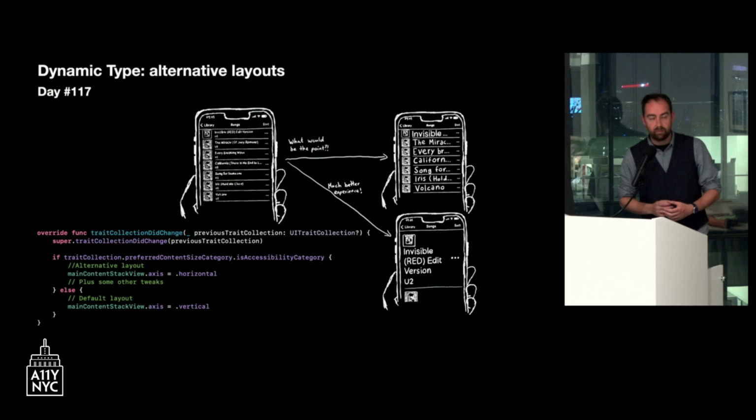And a very useful trick is if you have what is called a stack view, that is a horizontal stack view with an image and a text. You could say, well, if the user wants to use an accessibility text size, I'm going to switch the axis, and now it's going to be a vertical text. So the image is going to come first, and then underneath the image you're going to have the text. And that has two benefits. One is it lets the text go from side to side of the screen, plus you can increase the number of lines, because now you can grow as much as you want.